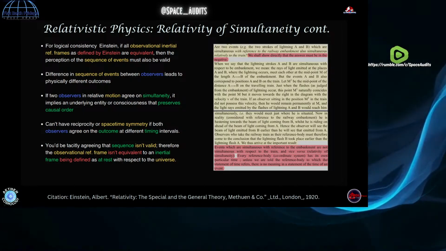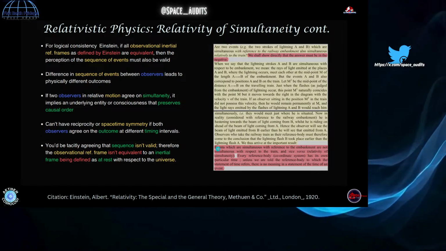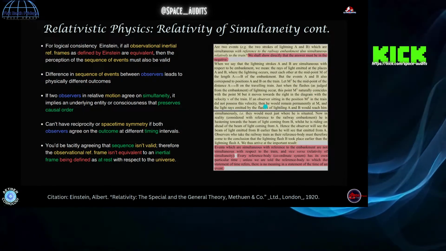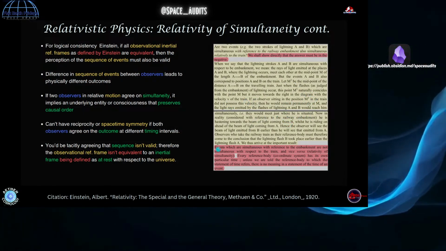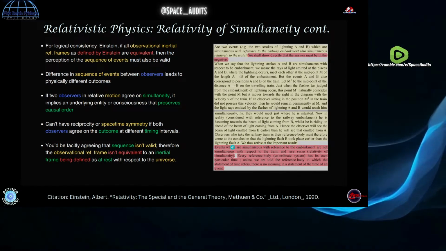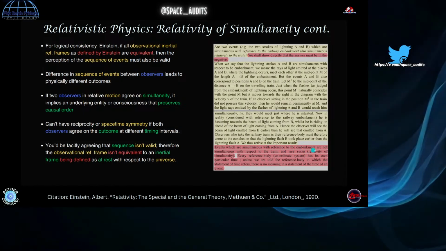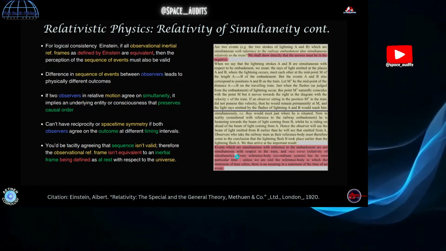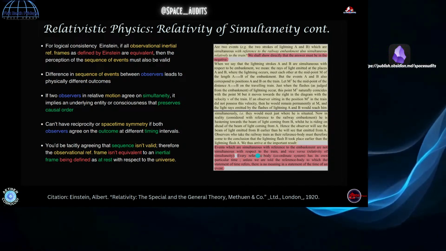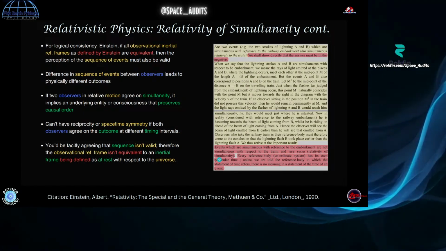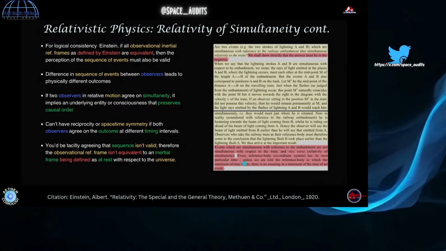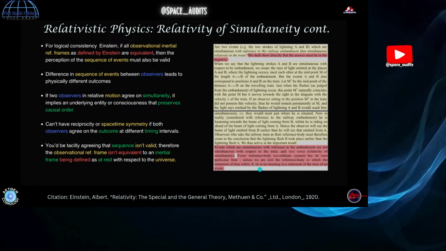So reading here at the bottom, he says events which are simultaneous. This is just the train reiteration, what I already read and laid out about how they're not going to be simultaneous in one frame and not the other. So he goes on to say, events which are simultaneous with reference to the embankment are not simultaneous with respect to the train, and vice versa. Relativity of simultaneity. Okay, so that makes sense so far. Every reference body, coordinate system, has its own particular time. Unless we are told the reference body to which the statement of time refers, it has no meaning in the statement of time of the event.